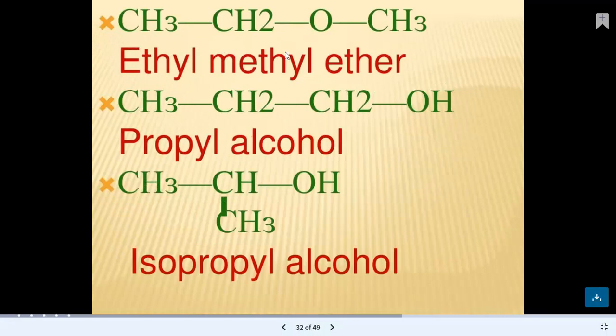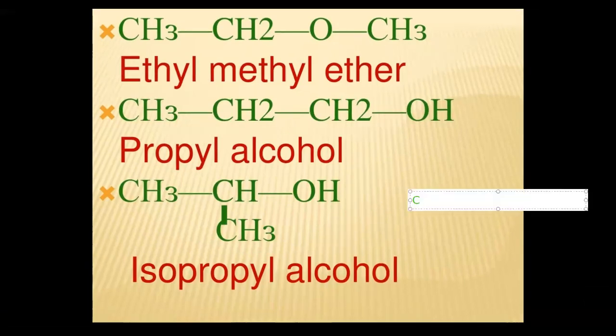These are isomers in the sense that they have the same number of carbons and hydrogens and even oxygen. Here you have 1, 2, 3 carbons and you have 8 hydrogens and 1 oxygen. Here you have the same thing. You have 1, 2, and 3 carbons, 8 hydrogens and 1 oxygen. But they are 2 different compounds. And even this one, the isopropyl alcohol, the 3 of them have the same molecular formula, which is going to be, so that we can have a good idea, that's going to be